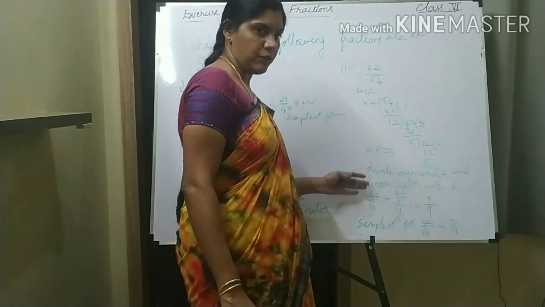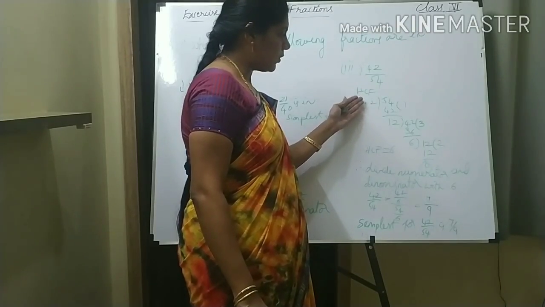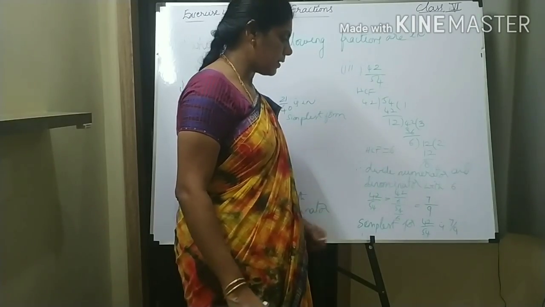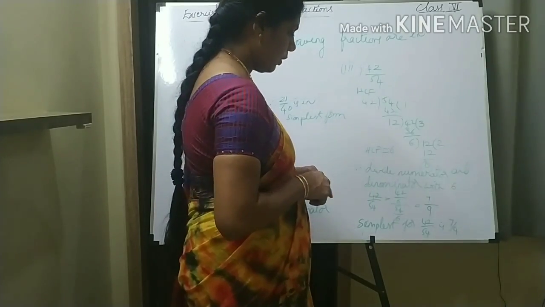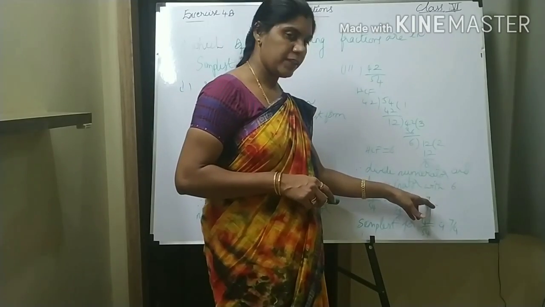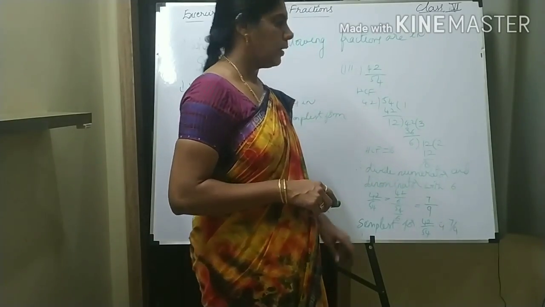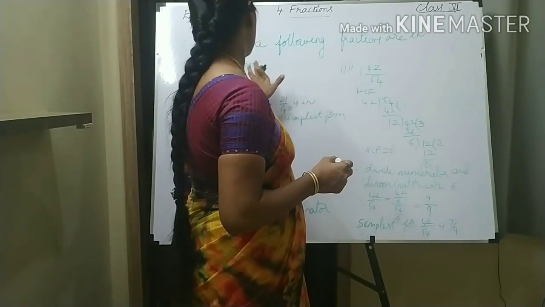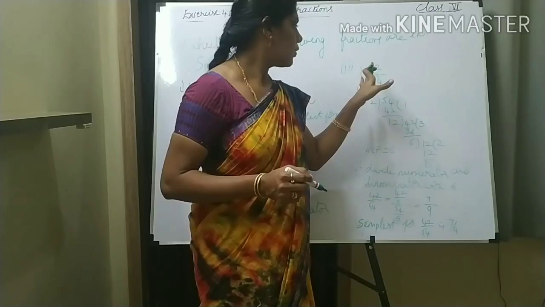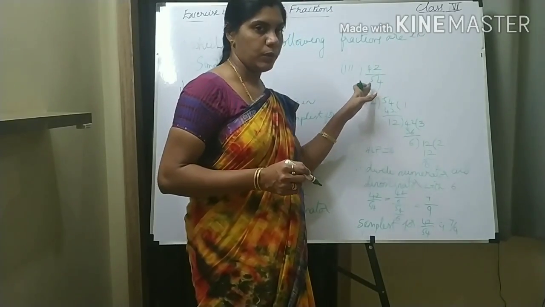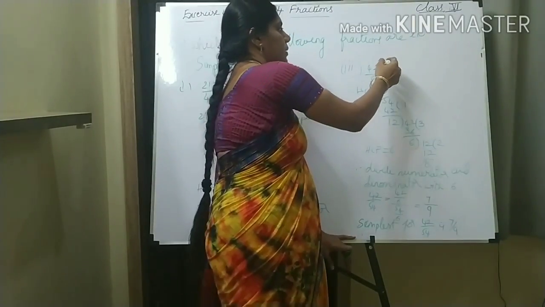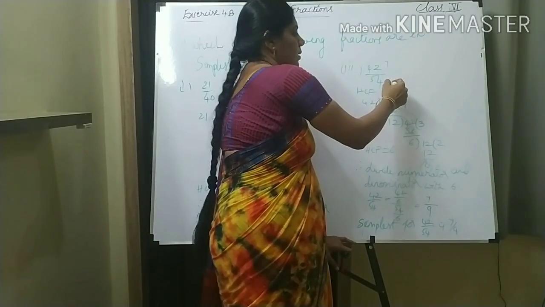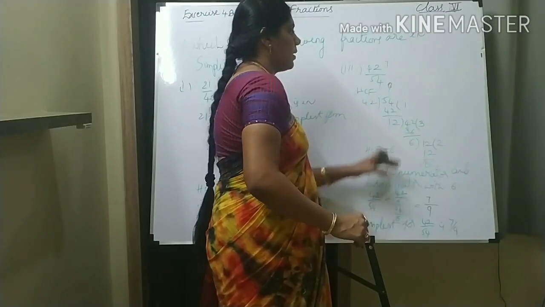Okay? See, if you observe here, as usual process I have done here. I find HCF here. I got 6. So I am dividing both numerator and denominator with this 6. So I got 42 by 6, 54 by 6, and I am getting simplest form 7 by 9 here. Okay, here if you observe, our problem is we have to find whether the given fraction is in simplest form or not. So if you observe here 42 by 54, if you observe 6th table, you will get 6 7s, 6 9s.